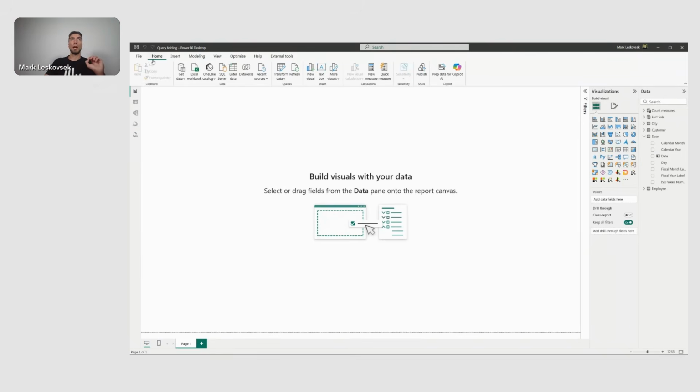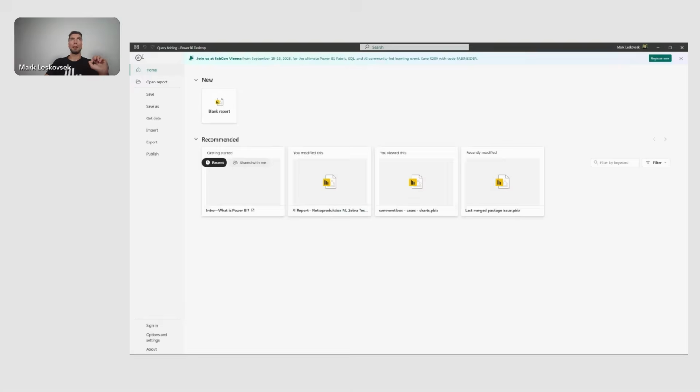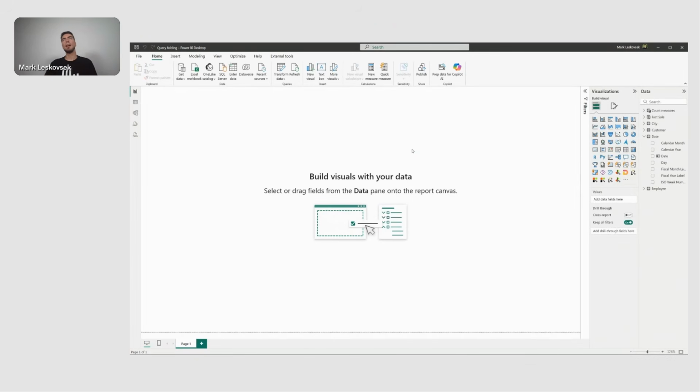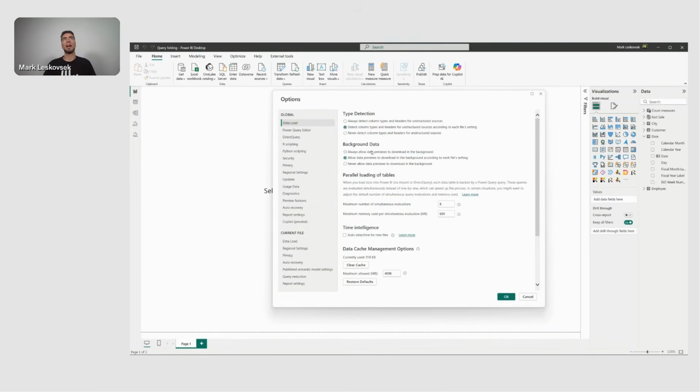So the first thing we recommend in Power BI is to go into File, Options and Settings. And here we want to turn off auto time intelligence. So we go to data load, we turn this off. It will be on by default. It's good if you have a simple file and you just have one date field and it will generate some calendar for you out of the date field, so you can basically use the typical time intelligence